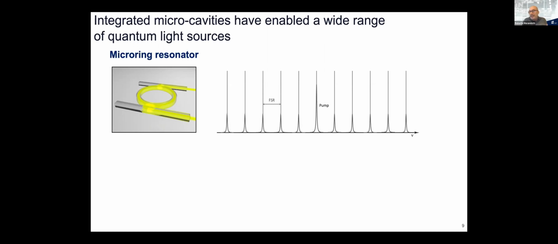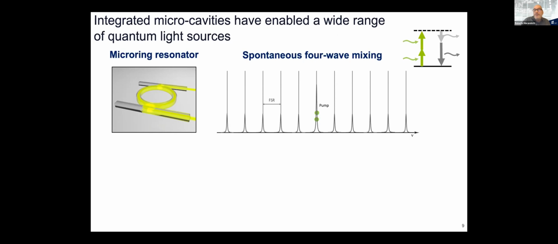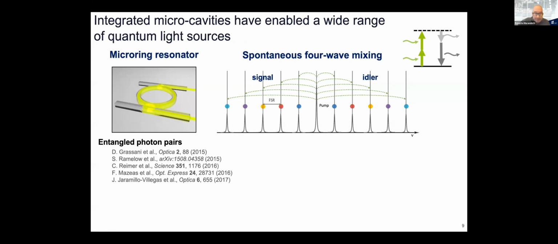Then what we do is take a pump, maybe we enter with two photons, which, if they are equal, correspond to the degenerate case. And then by using spontaneous four-wave mixing, we can create signal and idler. You see the ones with the same colors are, let's say, generated at the same time. In order to do that, we need momentum and energy conservation, which is actually phase matching, and that leads to these photons, which you can see are generated symmetrically with respect to the pump.